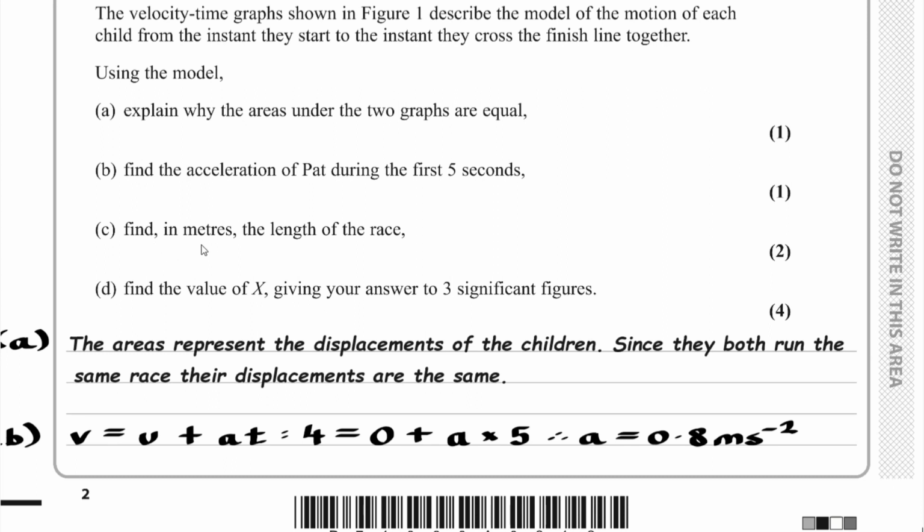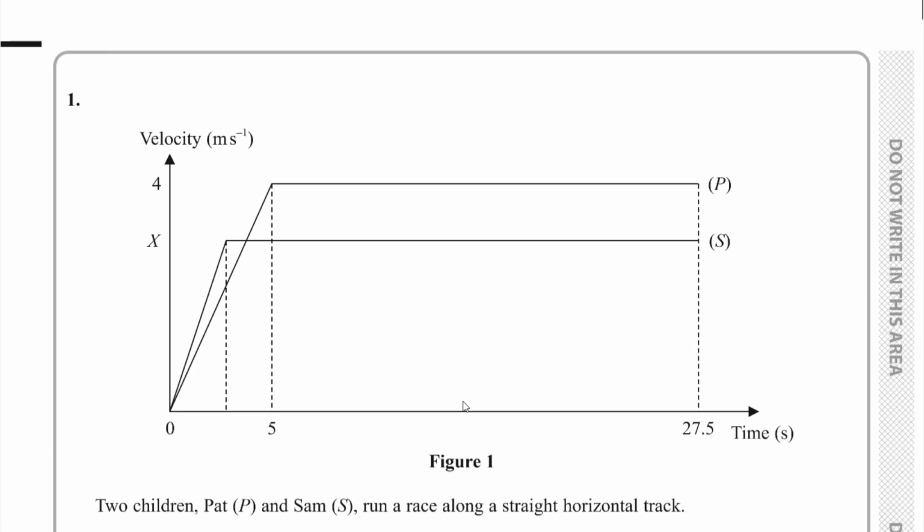Part C, find in meters the length of the race. If we consider the motion for Pat, we can find the area of this trapezium, and we can do that by finding the area of this triangle and adding that to the area of this rectangle. So, for part C,